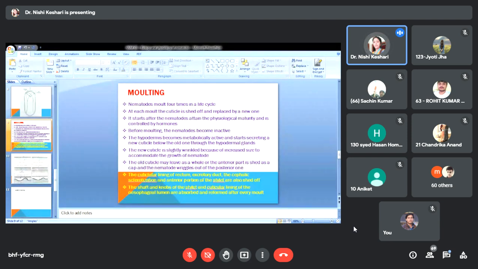So nematodes molt four times in a life cycle, and at each molt the cuticle is shed off and replaced by a new one. It starts after the nematodes attain physiological maturity, and it is controlled by hormones. Before molting, the nematodes become inactive. This is very important: during molting, what happens with